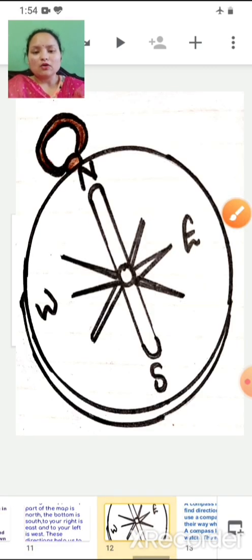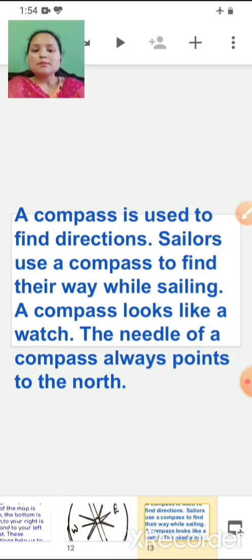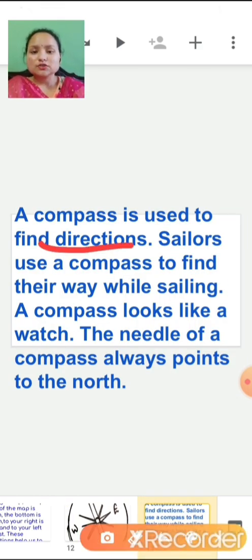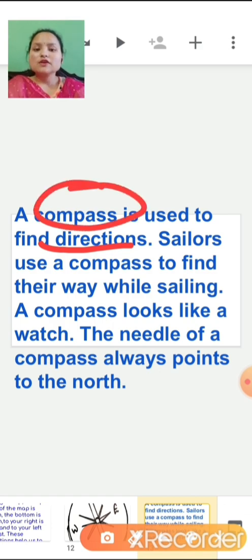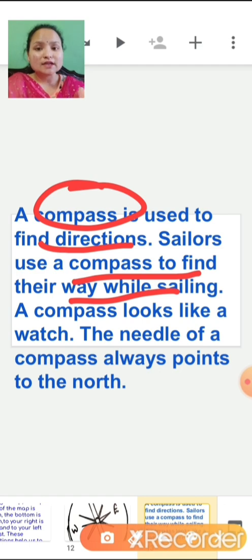Okay, now, this is the instrument which helps us to navigate direction. This instrument is known as a compass. A compass is used to find direction. You have seen in many movies also, children, the sailors use a compass to find their way while sailing in the ocean.